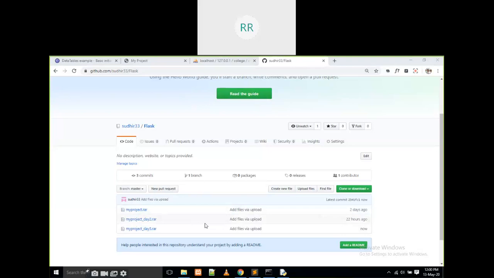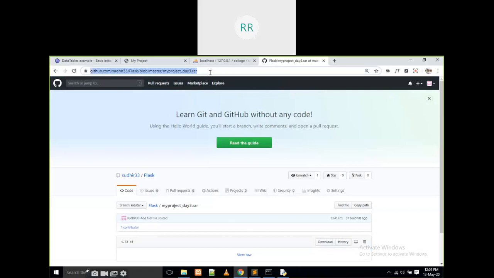Yes, that's it. There are so many options in GitHub, but I don't know them exactly. Just upload those files, that's it. There are so many options, but there is no need for all of them. There are so many modules on YouTube also, but I don't know exactly. This is enough, I think. And how to share it? If you want to share this one, if you click on this, yes, this is the link. I'm going to share it in the WhatsApp group, right? This is the link I'm going to share. How to download it? Here is the download function. If you click on download, it will be downloaded here like this.